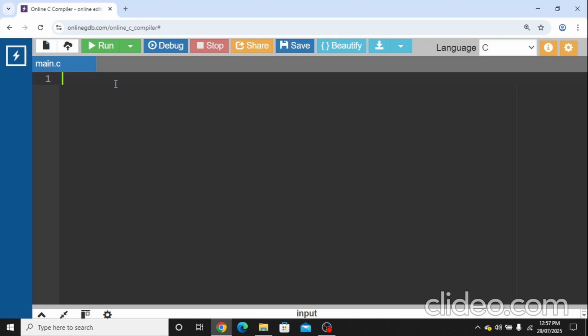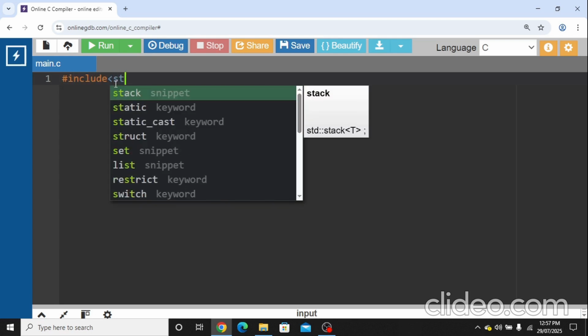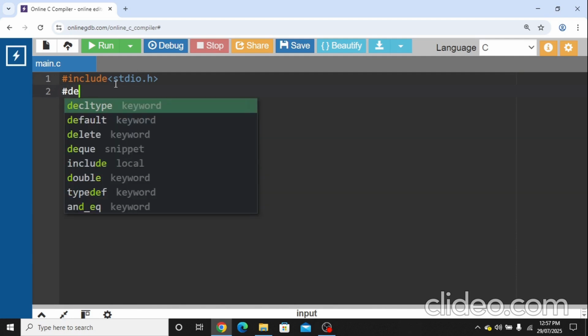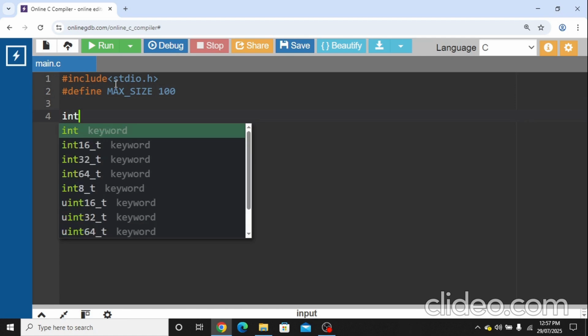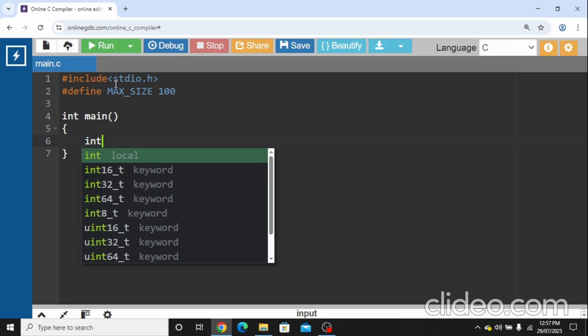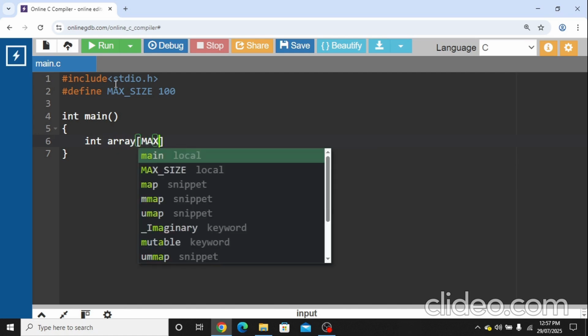For that we include one header file, that is #include <stdio.h>. In the next line we define the maximum size by using #define MAXIMUM_SIZE 100. In the next line we start the main function, that is int main. In that we declare the variables, first the array, int array in brackets maximum size,